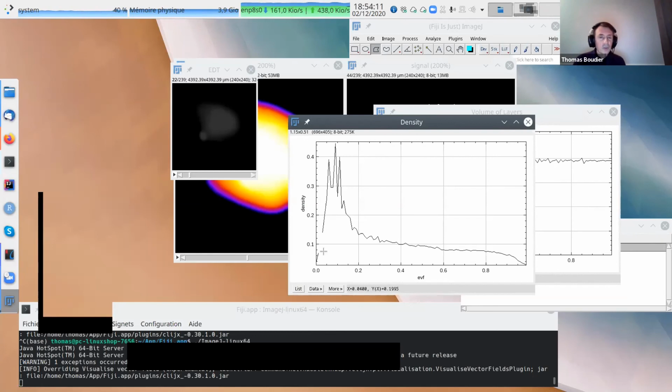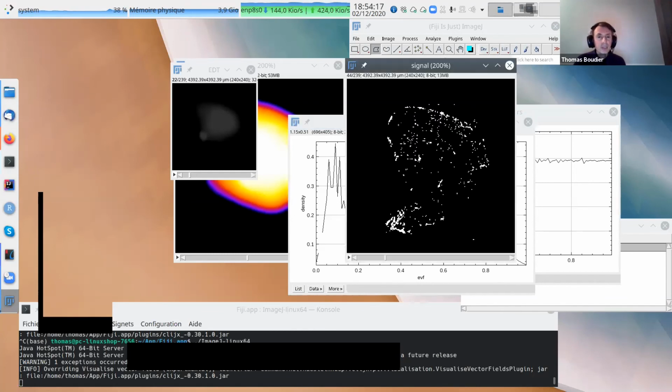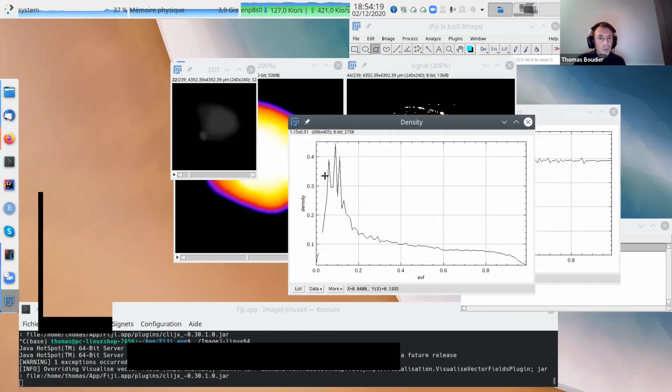In each layer, I will compute how many pixels of signal I have. So you can see I have more signal for the layers with lower value of EVF than with the higher value of EVF. So my signal is more at the periphery of my object than at the center of the object.